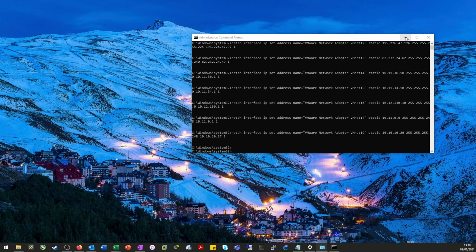Now, unfortunately, the adapter settings in Windows and the adapter settings within VMware don't seem to marry up. So we have to now configure them within VMware as well. Again, it's not overly complicated to go into VMware and create a new adapter and give it an IP address and give it its mask, but it's just time consuming. So I've also scripted this as well. However, we can't do it direct from the command line. We need to do it from,